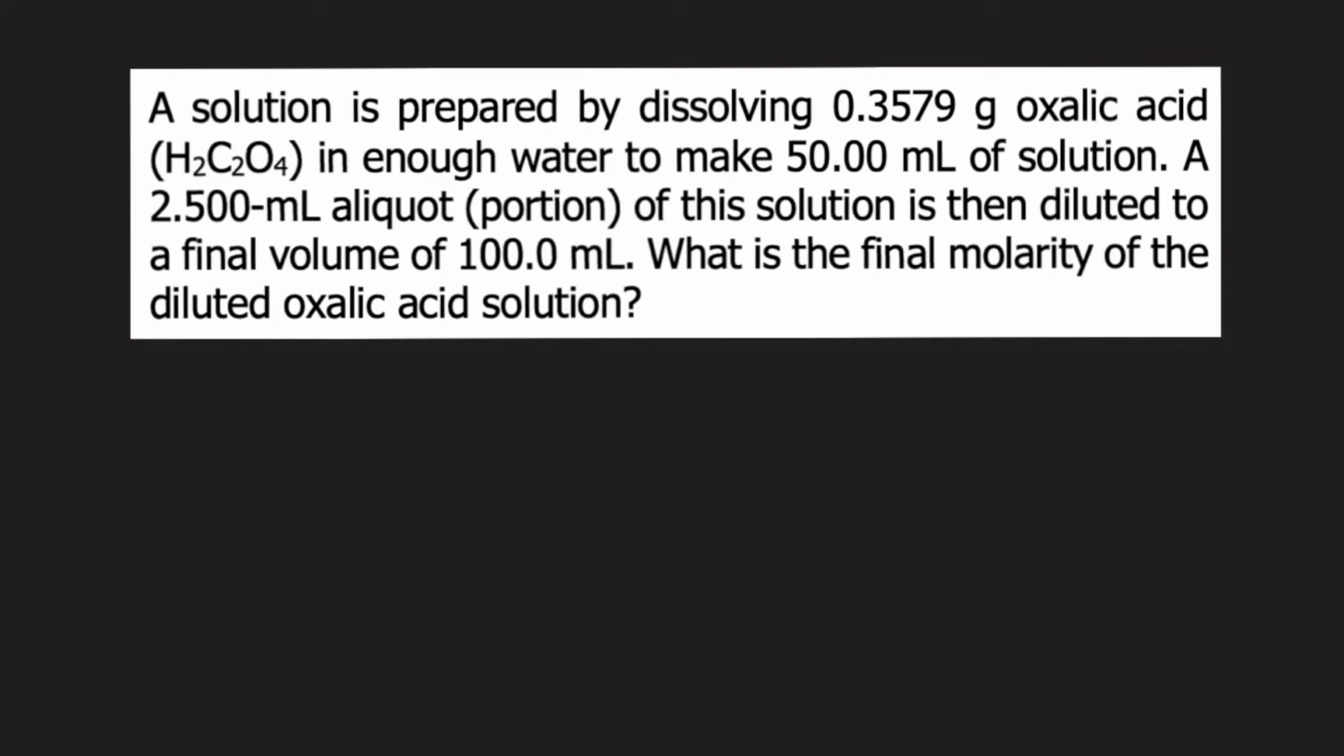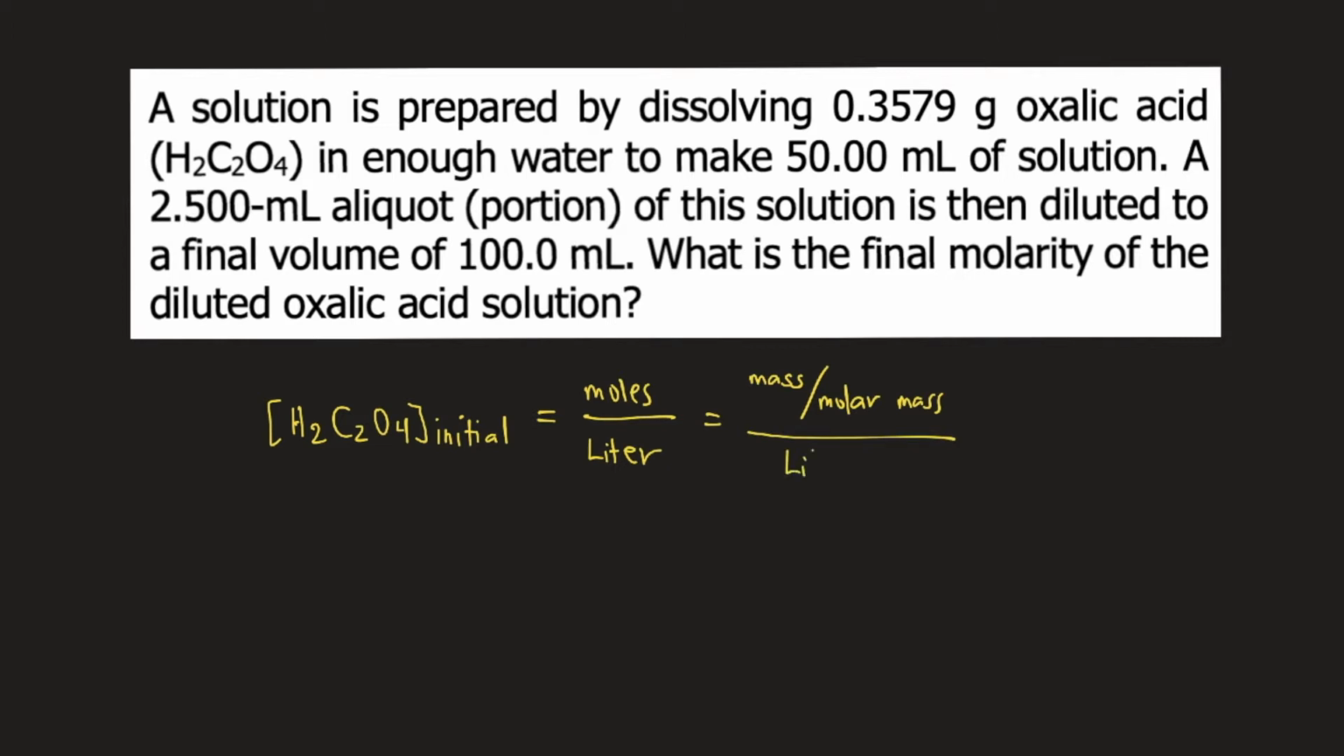From the first sentence of the question, you can actually solve for the initial concentration of oxalic acid. So we know that the formula for molarity is moles per liter. And we know that moles is computed as mass over molar mass. So if we compute the initial concentration of oxalic acid, that would be the mass of oxalic acid,